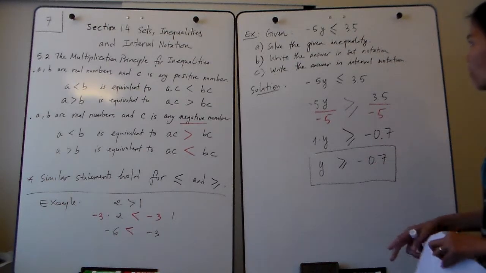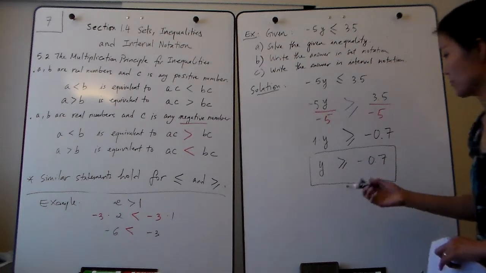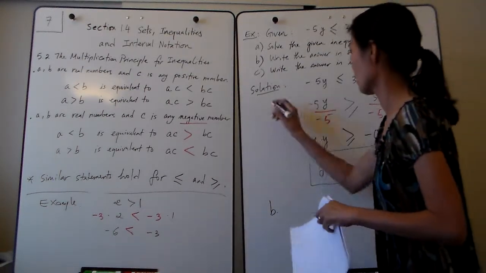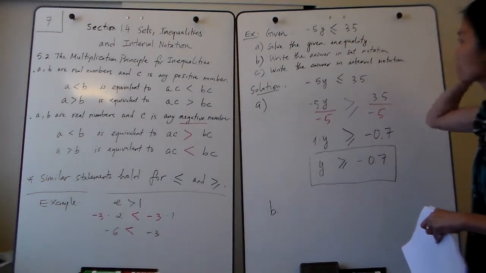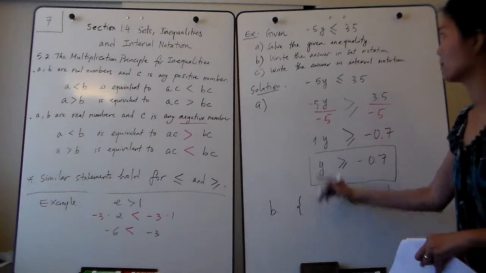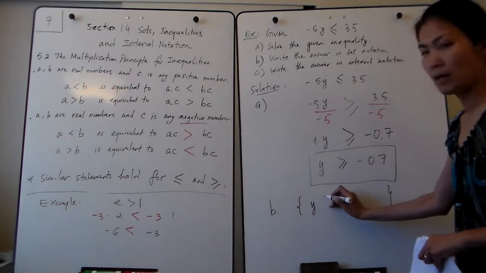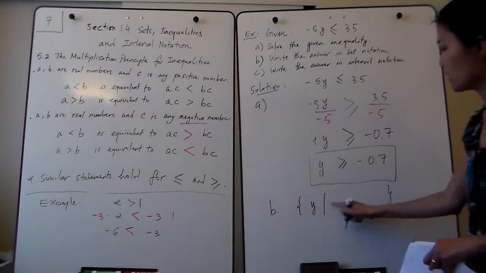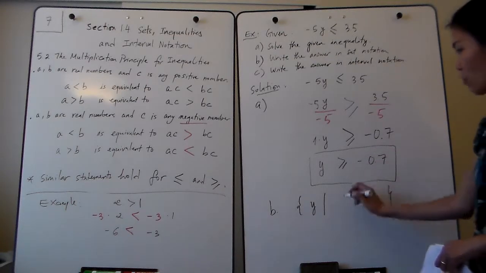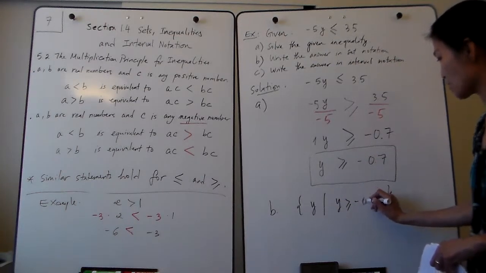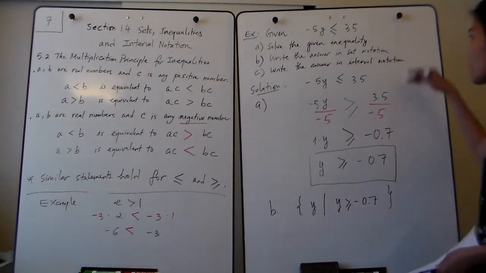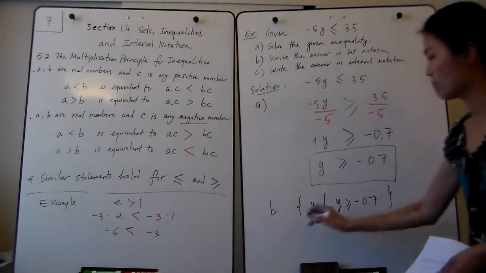This is part A. And part B is write the answer in set notation. Set notation meaning using braces, right? Again, what variable is that? In this case y, so y right here, such that, so what is the description of the y? We know y, right? So we solved it in part A, which is y is greater than or equal to negative 0.7. So this is the answer for part B in set notation. And for part C,